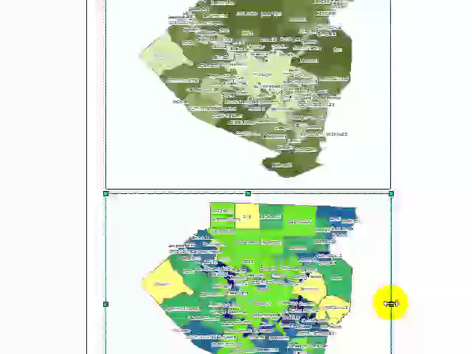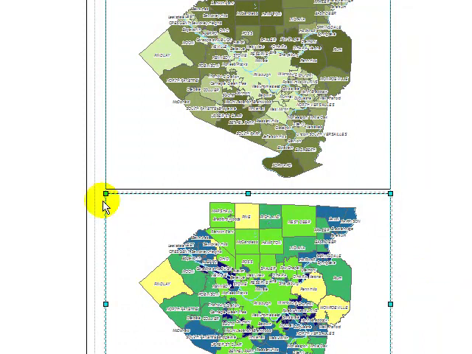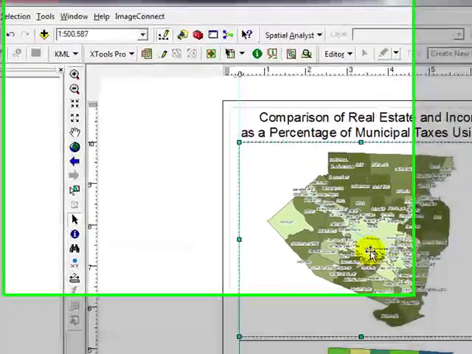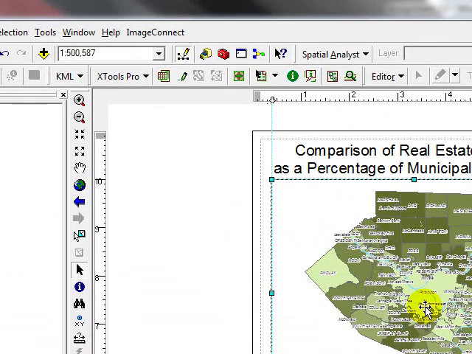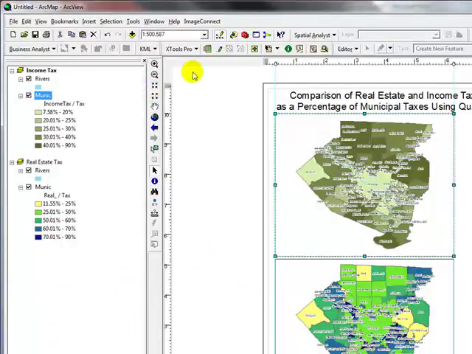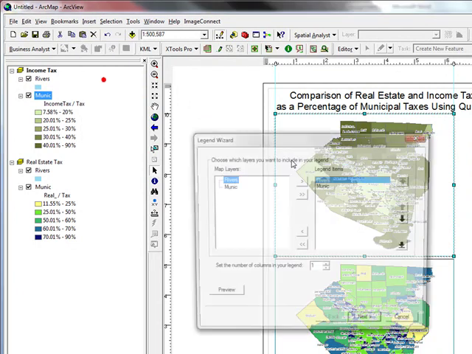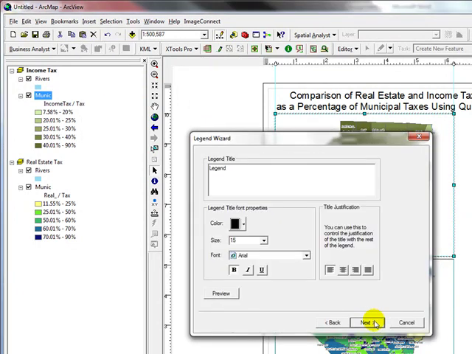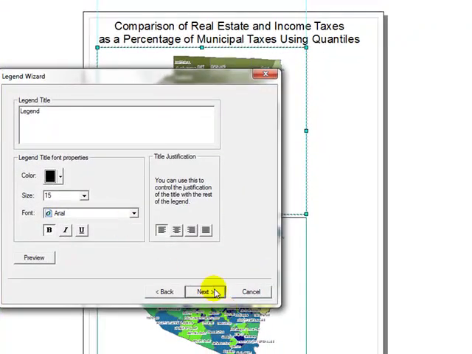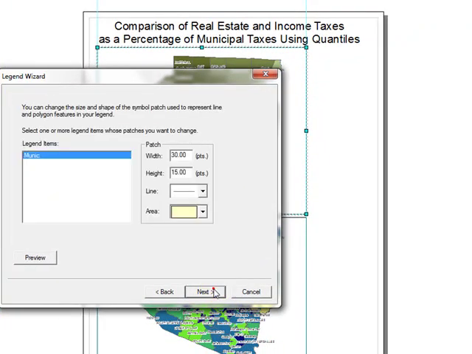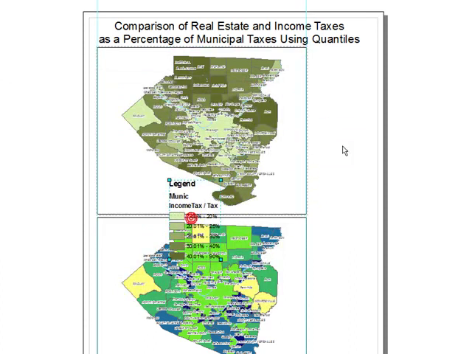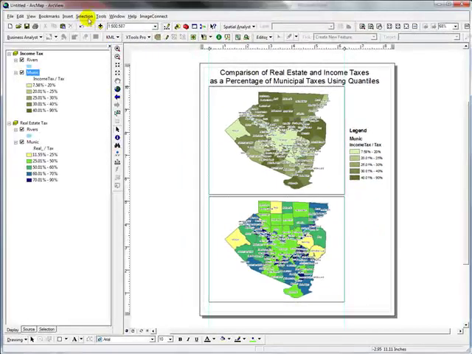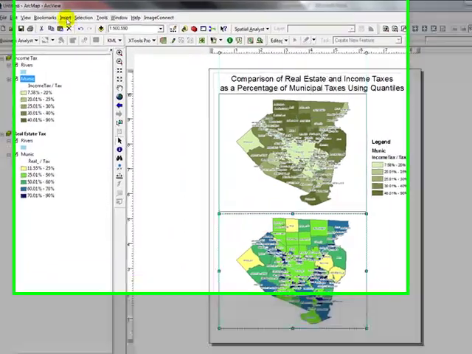I'm going to drag to the guides so that they match, and I'm going to click on my income tax data frame and say insert legend. I don't want reverse in my legend. I'm going to go with the basic stuff. And I'm going to click on my real estate